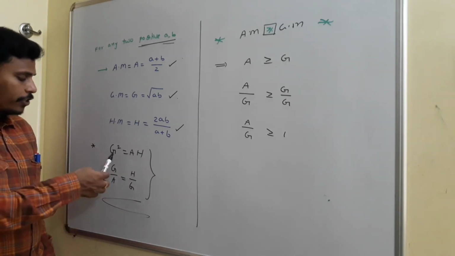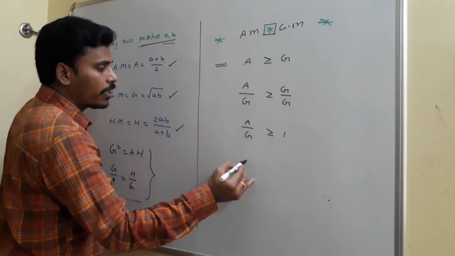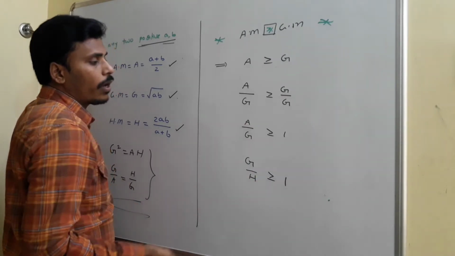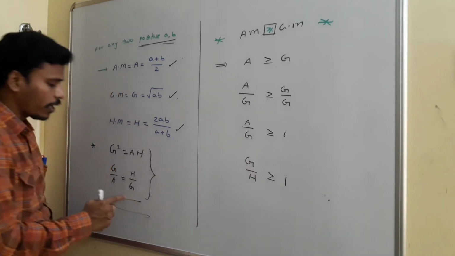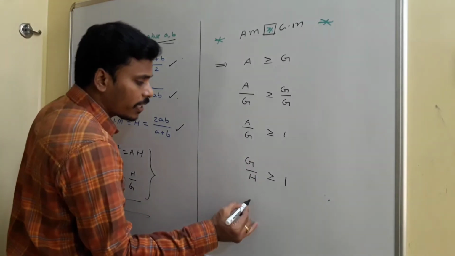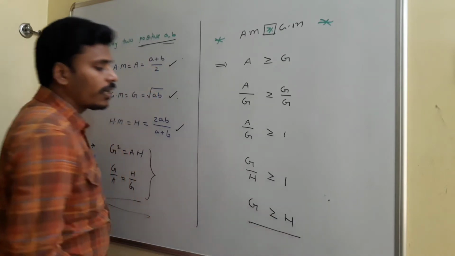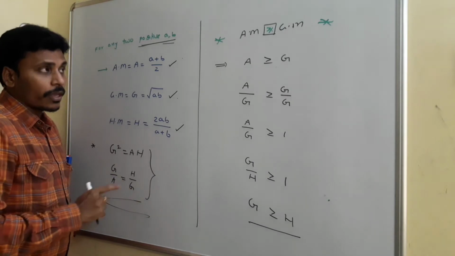But I need a by g, which is nothing but g by h. So if you replace this a by g with g by h, which is greater than or equals to 1, just replacement of a by g with g by h, because both are equal, right? So since g by h is greater than or equals to 1, then we have a chance to conclude that g is greater than or equals to h if you multiply with h on both sides. Now at the end,